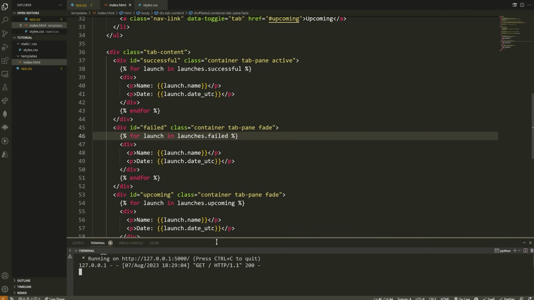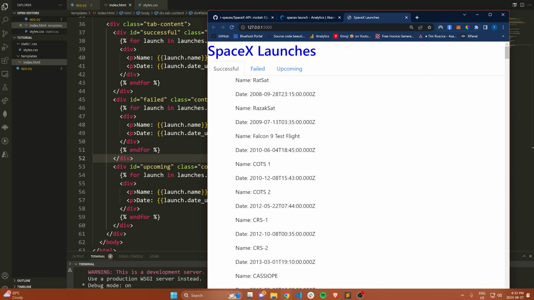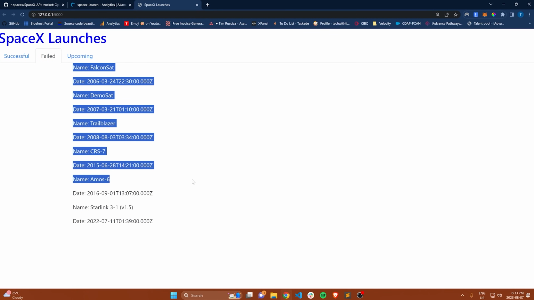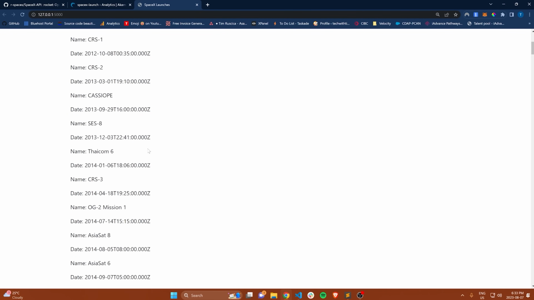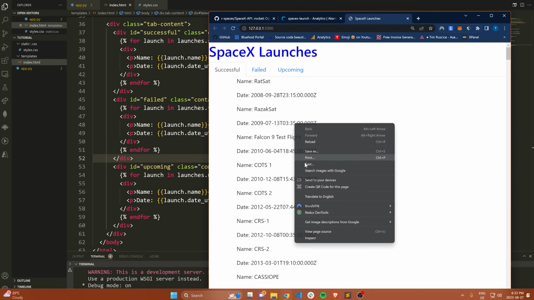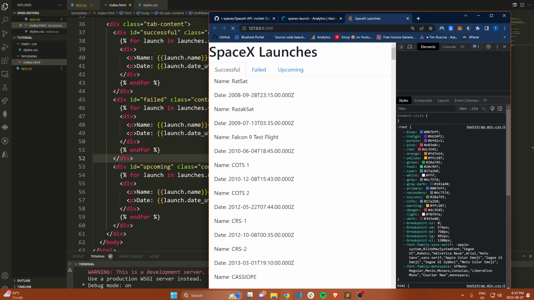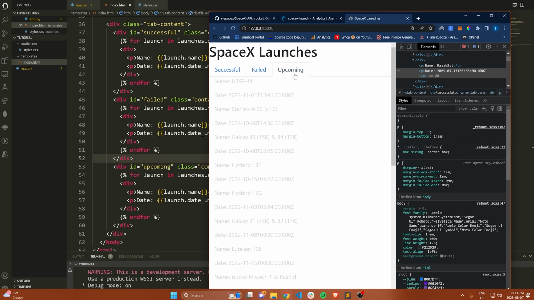It looks like it is. And we're going to test this out and see if these tabs actually work now when I refresh the page. So you can see that it now shows successful, failed, and upcoming. If I click into failed, you can see it actually changes what's being displayed, and same with all of these. Again, this is working because of Bootstrap and because we imported all of those different classes, right? Now we still have this in blue. I think if I go here and empty the cache, it's going to go back to black. Okay, perfect.